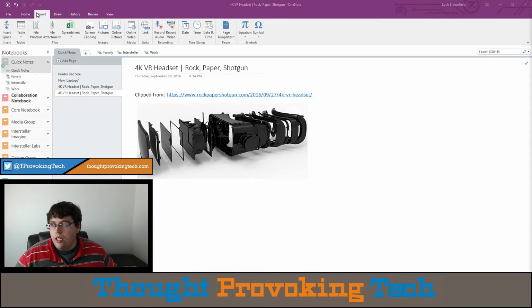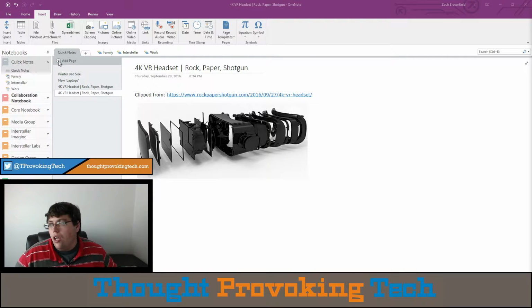So by clicking on the Insert tab, you'll display the full insert ribbon here. And there's a lot of tools in here for embedding materials, all the way from the file printouts all the way to the record video. Those are a lot of embedding tools here. We've already gone over the audio and video recording, so I'm just going to go over this area right here and go over how useful these embedding tools are going to be to your daily